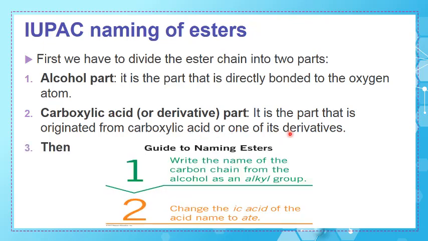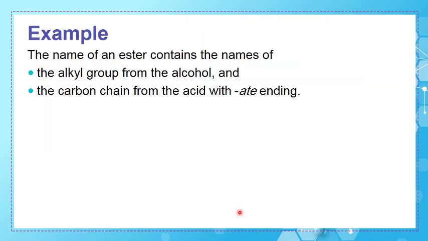Now what is the rule? The rule is to consider the part coming from alcohol as an alkyl group, it means as a branch, and the part coming from the carboxylic acid will end with the suffix -oate. If you can't understand how to name an ester, that's normal. Let's go to an example to understand how we have to proceed. As I said, the name of an ester contains the name of the alkyl group from the alcohol and the carbon chain from the acid with -oate ending. Look at this